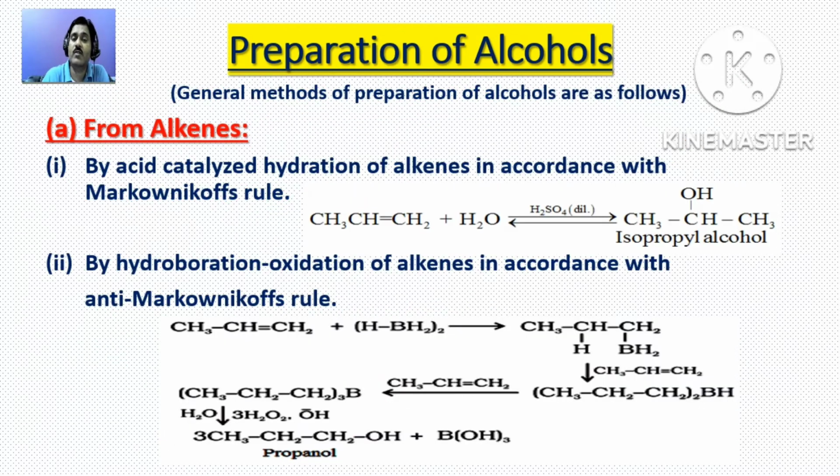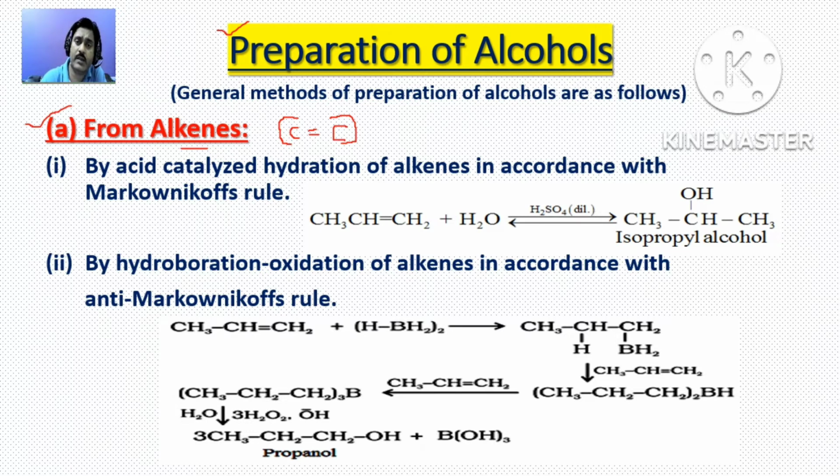Okay. Now in the final phase we are going to learn a very important topic, that is the preparation of alcohols. There are some methods by which we can prepare alcohols. Alcohols can be prepared from many substances. For example, we can prepare alcohols from alkenes. Alkenes are those carbon compounds having a double bond between carbon-carbon atoms. Okay, these are called the alkenes. So from alkenes we can prepare alcohols.